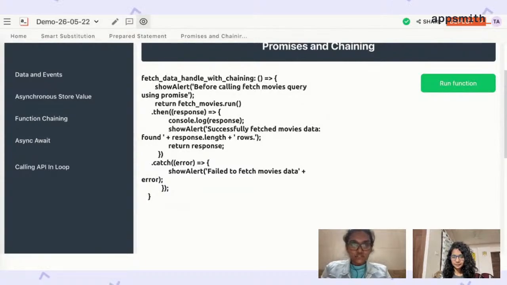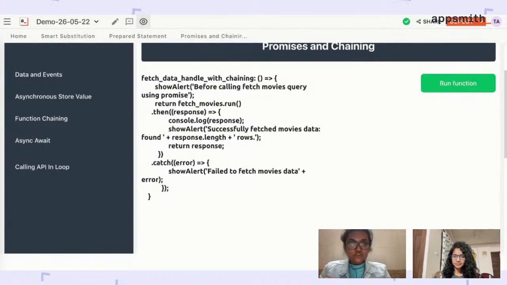So the reference over here, fetch movies, is actually a query, right? Now, fetch movies dot run is how we are triggering a query call, and whatever we expect the response of this dot run to be is going to be a promise. Now, for us to be able to say what happens at the end of this call, option A was the async await, which we'll come back to. But option 2 over here is that we start to chain the response from fetch movies, which is the promise. From that promise, we say that the response that we receive is then captured in the dot then handler,